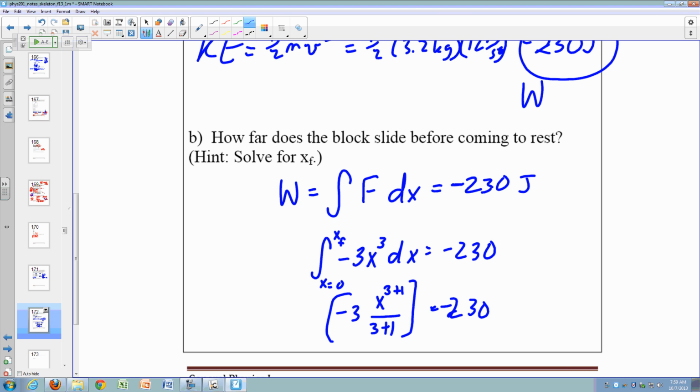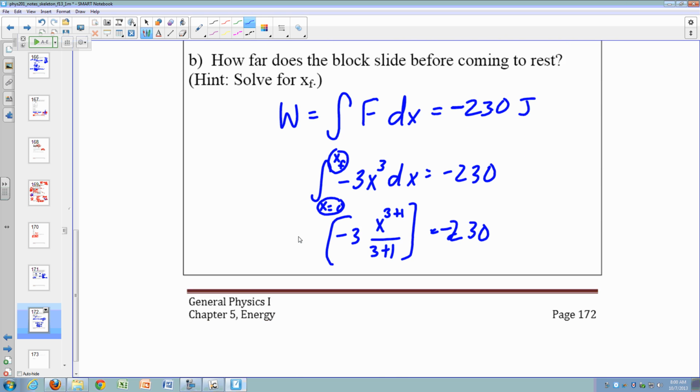I'm going to apply some limits to this. Have we talked about limits of integrals? I don't know that we have. Okay, well, when you take an integral, you can apply limits to that integral, and you can say that this applies over x, like for example here, I take my limit to be from 0 to xf. Those are just my initial and final positions in this case. What are your initial and final conditions for that? And what that means is